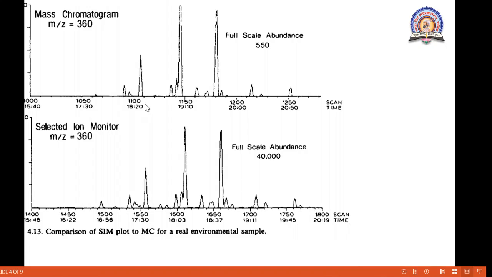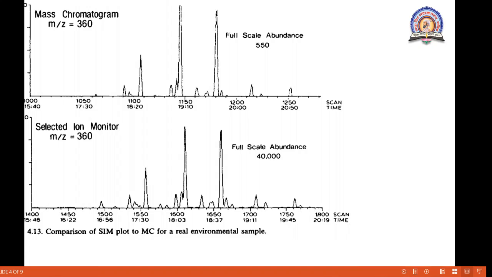Several minor peaks are also detected in the SIM analysis that were not observed in the mass chromatogram. Okay, this is the comparison between the mass chromatogram and